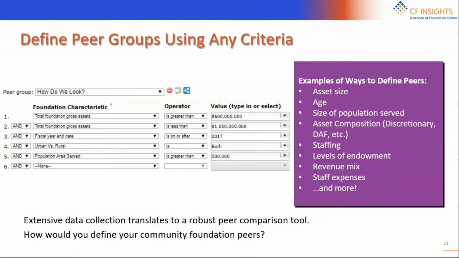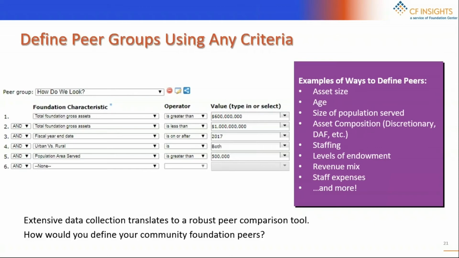And while we do get most of our data during our Columbus survey period, we do also get some foundations who sign on throughout the year and share their data even after the close of our survey. That is more than welcome, and we're very happy to have folks do that throughout the year. The only reason I mention that is if you define a peer group and you come back in a month or even the next day or even a few hours later, depending on your timing,